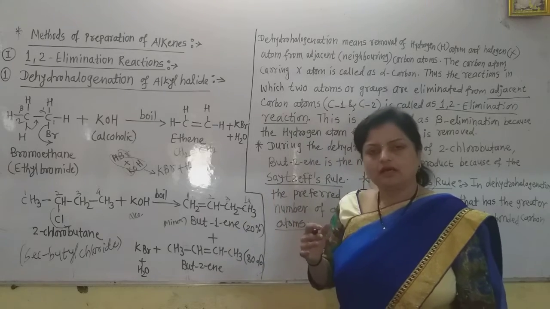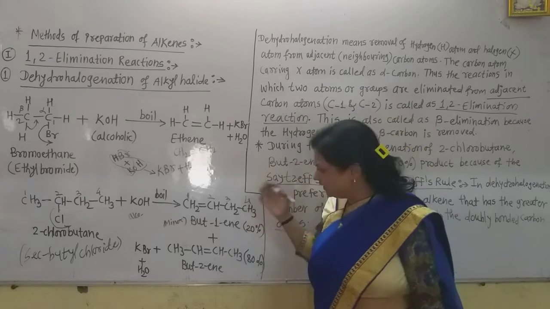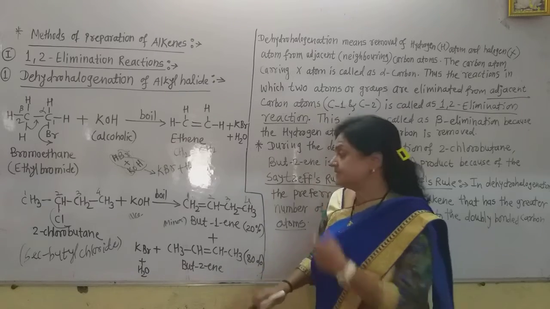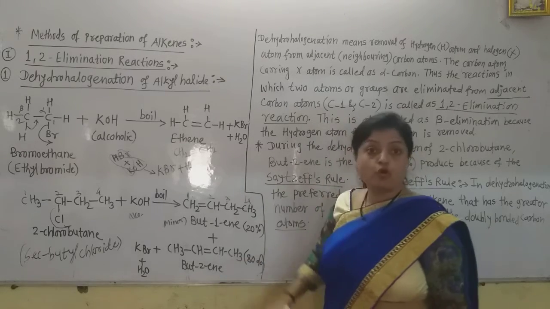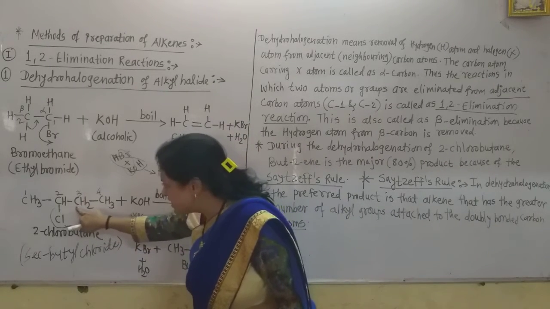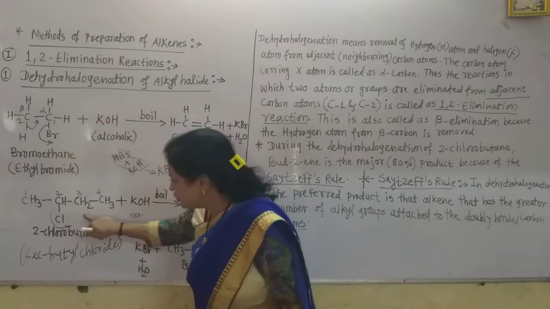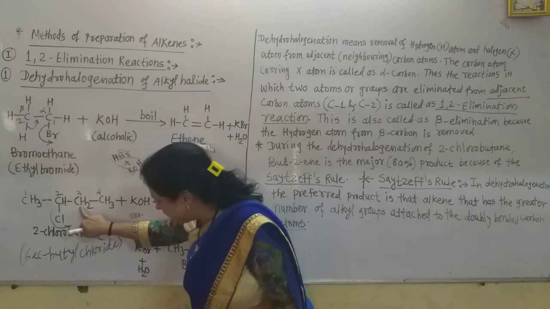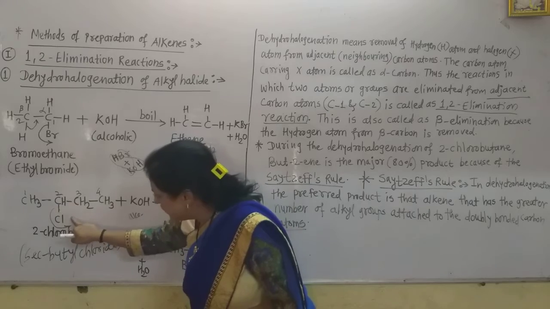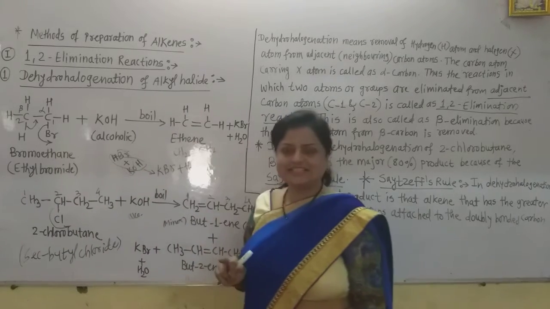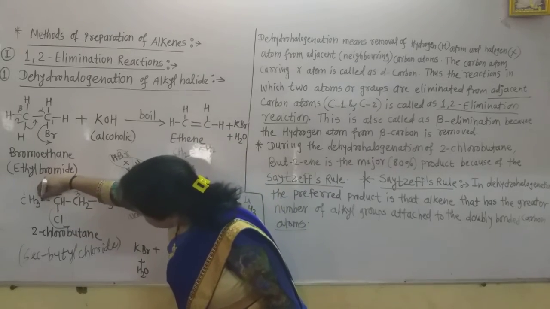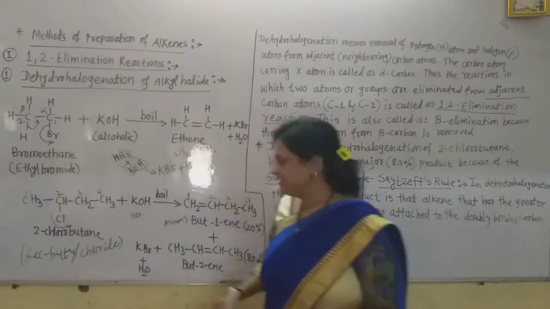We will see the formation of the second alkene. Let us see how it is formed. Now see here, I remove a hydrogen from this other neighboring carbon, giving the double bond here, and the chlorine again gets removed in this way. So the double bond will be here, and there is no question about this CH3 group.